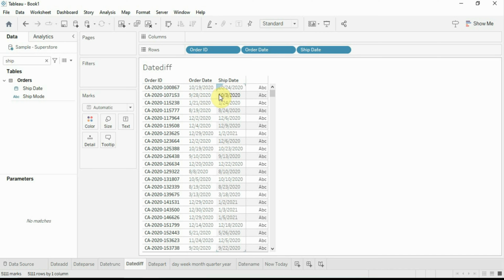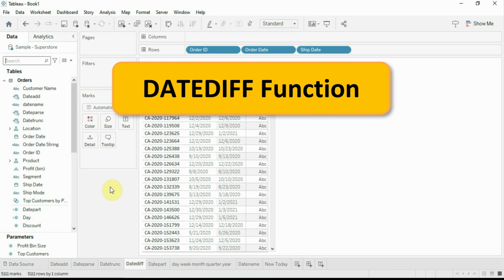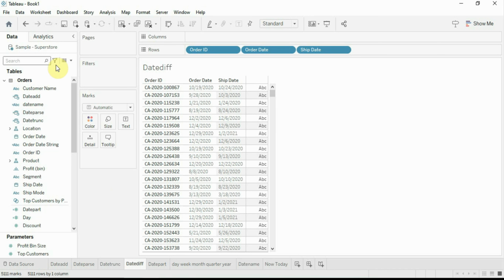Now we want to check the delivery time of each order ID. Date_diff function can be used here to find the difference expressed in specified units.